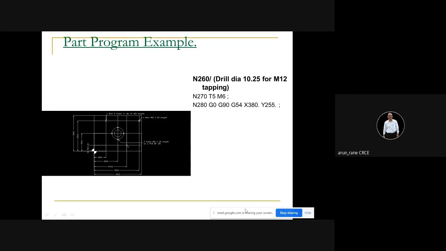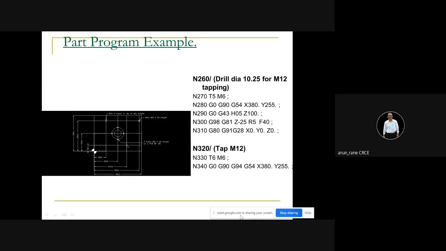Then tool number 5 is the same. Then tapping. Only for tapping you have to use a different cycle. The cycle in tapping is different. This M29, please don't use. Instead of that you use M03, or you can use M13. M13 is nothing but spindle start clockwise and coolant on. See now, tapping, G84.